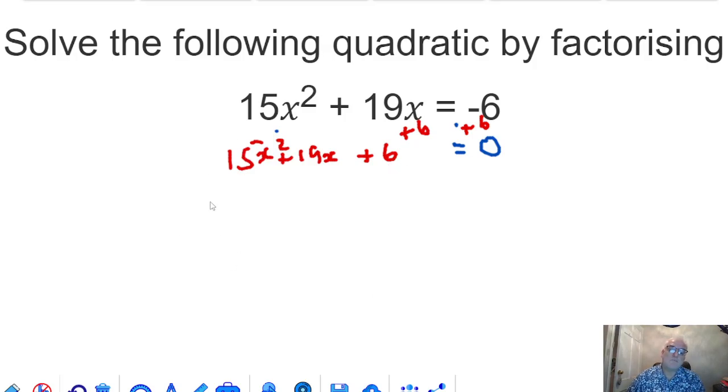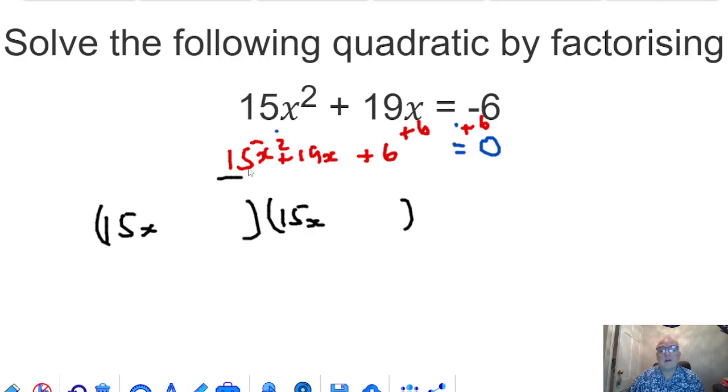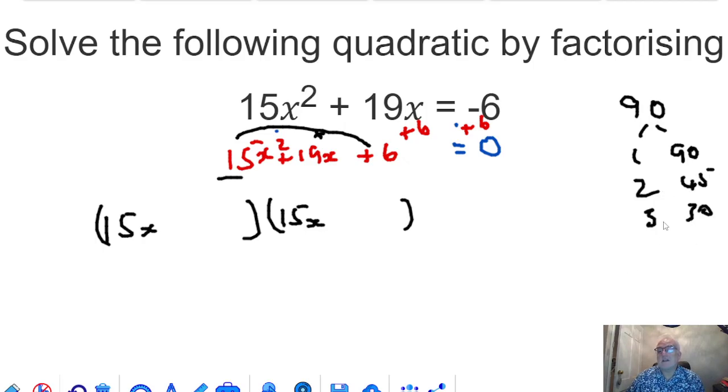Okay, now because I've got a coefficient bigger than 1, what I'm going to do is the multiplication route for this one. So I'm going to put 15x in the front of each bracket. Okay, and then I'm going to do 15 multiplied by 6. 6 times 15 is 90, and I'm going to find the factors of 90. So 1 and 90, 2 and 45, 3 and 30, 4 doesn't go into it, 5 goes into it 18 times,